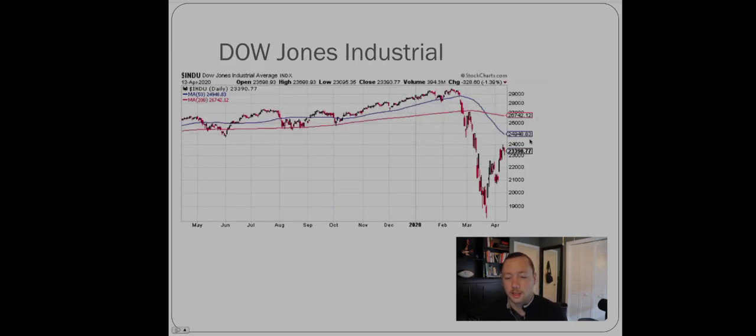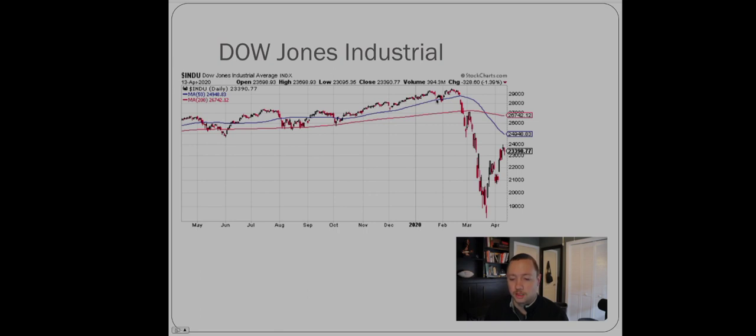Next one, we've got the Dow Jones Industrial over the exact same time period with the exact same moving averages. So we can see coming across the top here, it is almost consistent and steady the whole way through. The price is mostly above the 50-day moving average. It kind of bounces off the 200-day moving average a little bit. It dips in June here, but it comes right back over, and pretty steady, consistent trading all the way through